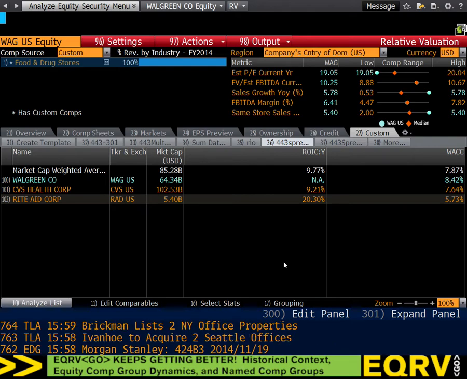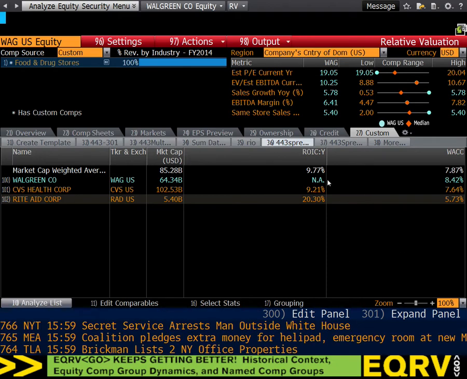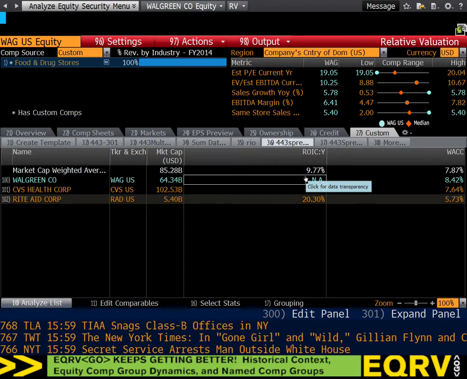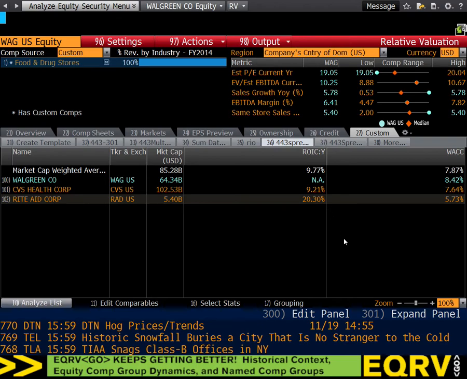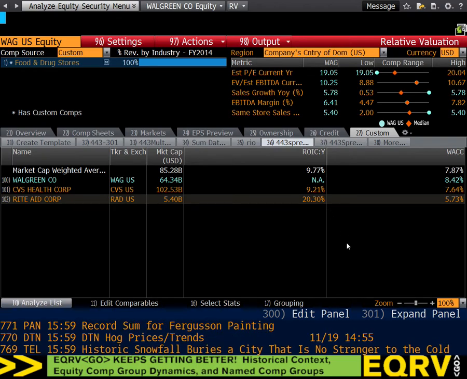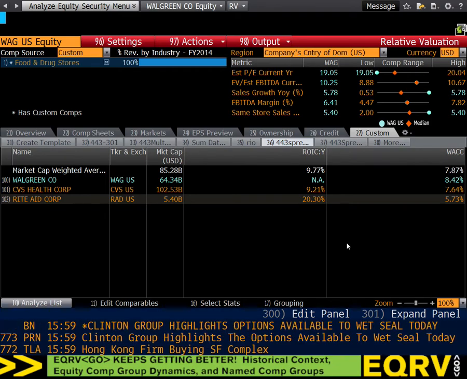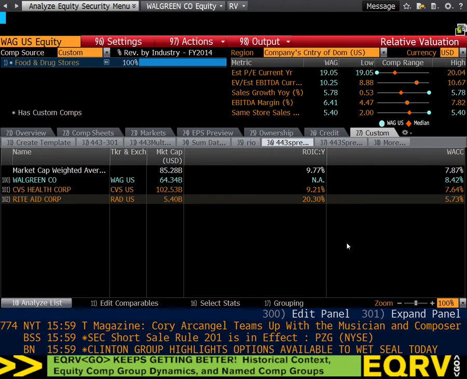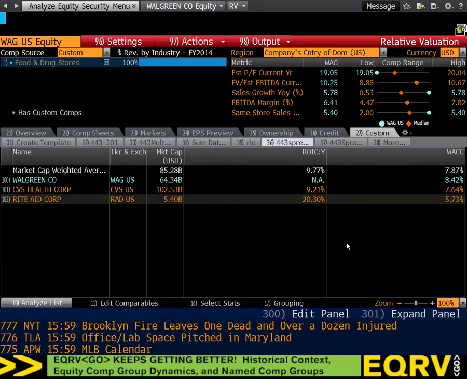Number 1, if I want to use the RV screen in Bloomberg, I would have to manually calculate the ROIC for Walgreens, export this to Excel, and then recalculate this screen using the Bloomberg methodology. Okay? The Bloomberg methodology is the NOPLAT divided by debt and equity. So I'd have to figure out the debt and equity, manually calculate the return on the debt and equity, and then recalculate an industry spread. That's the way I'd have to do the RV screen. Or